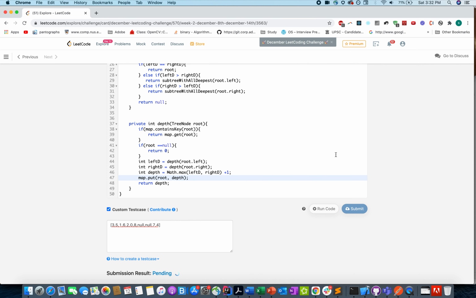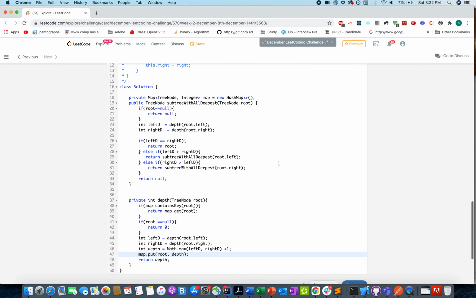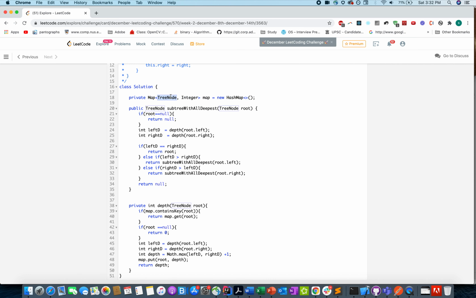Again it passed. Let me just submit it. Yeah, it worked. So the time complexity reduced to order of n, since at each node, if you have ever traversed and calculated a depth in the past, it will be cached. The only limitation here is that you have to create a map, a kind of data storage where we are storing the information of depth against each node. So that's a slight setback for this solution. There's another solution where you don't even need to store this information, but I'll keep it for the later part.